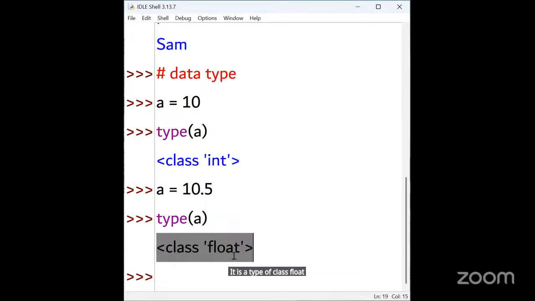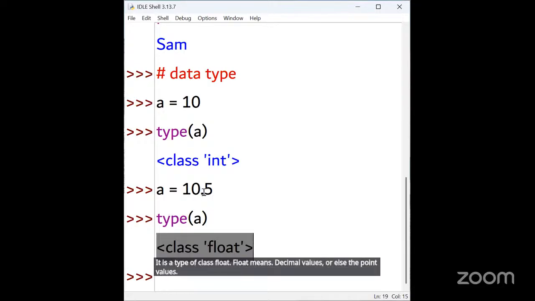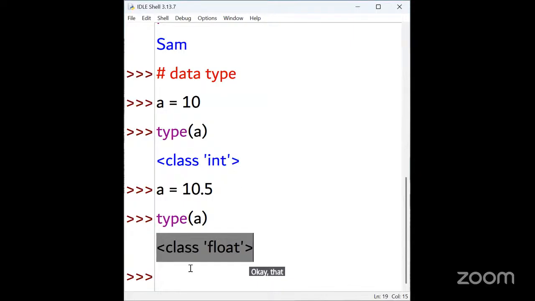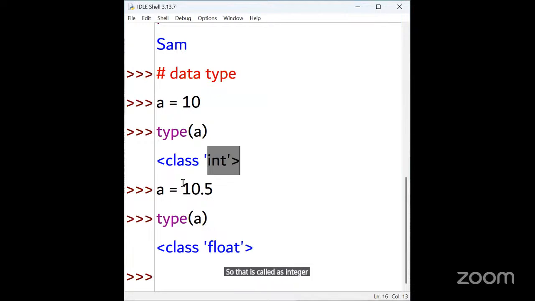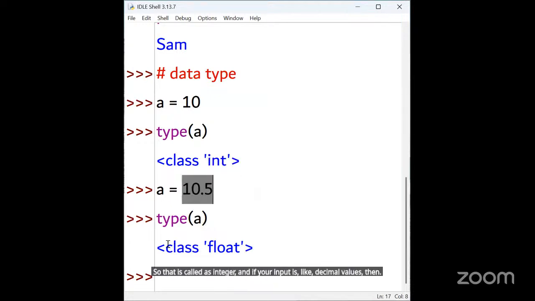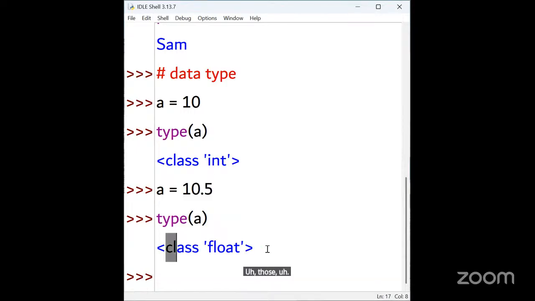Float means decimal values, or point values. If your number is a round number without any point values, that is called integer. And if your input is decimal values, then those come under float.